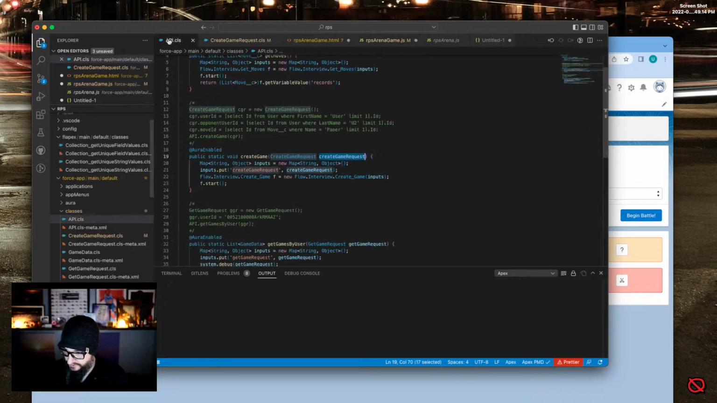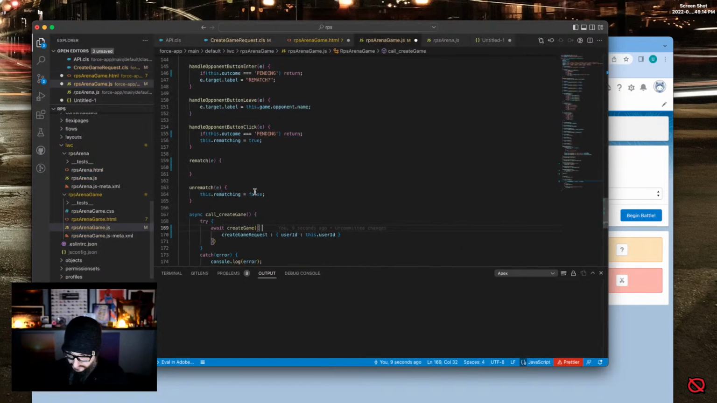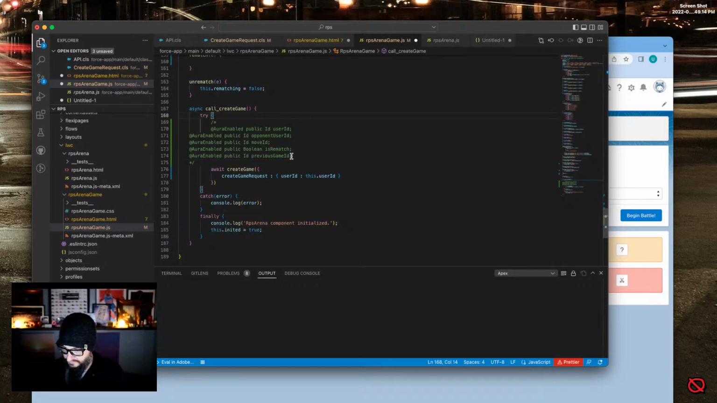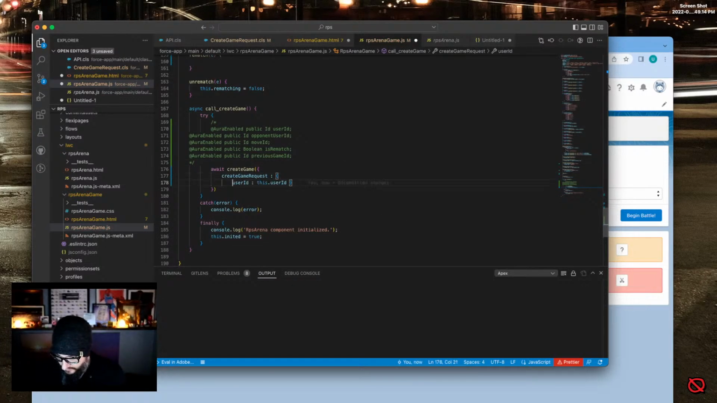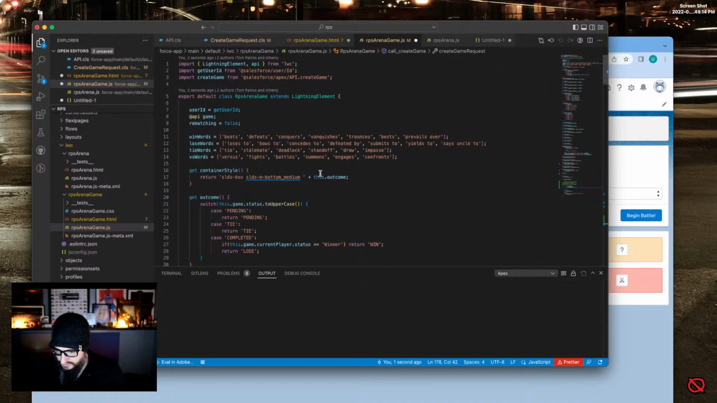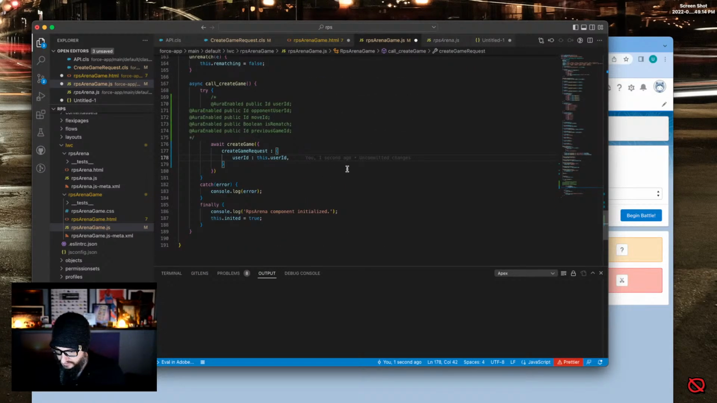Okay, so there's create game request, and then here's all the parameters that we need. I'm just going to dump these in there for a second so we remember them. Okay. We know we need user ID. I think maybe we'll put the opponent. Well, actually, we don't need that. We have the opponent as part of our game, right? So opponent user ID